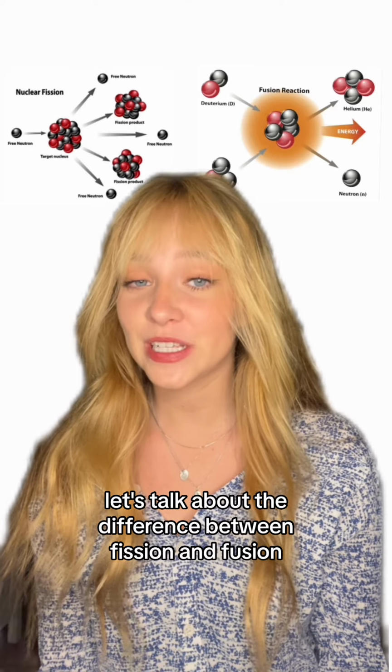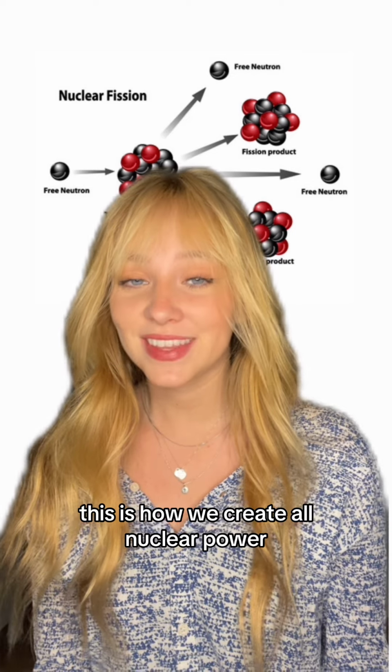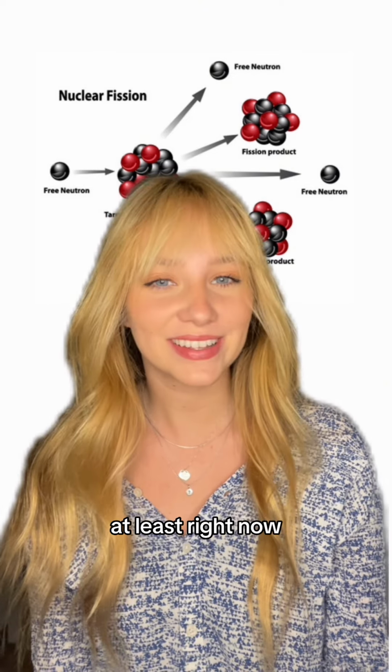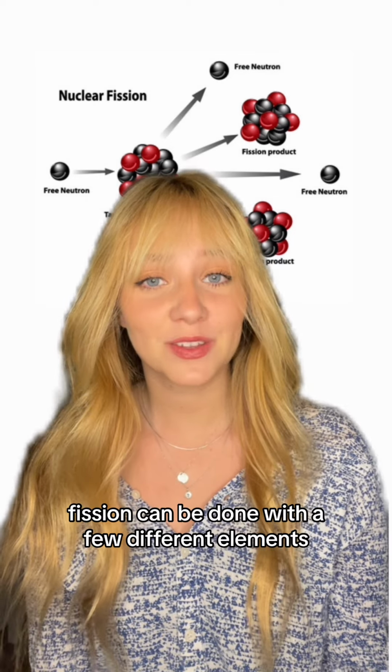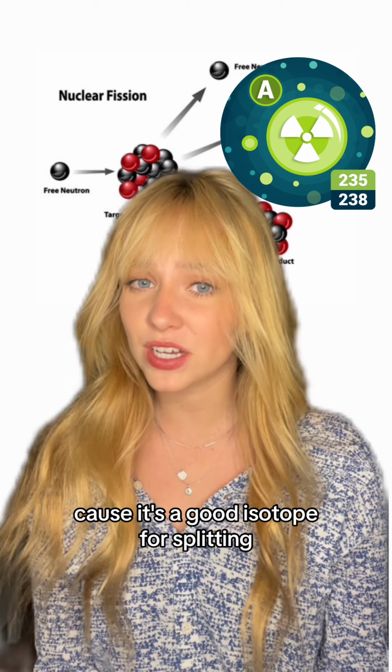Let's talk about the difference between fission and fusion. Fission splits atoms apart. This is how we create all nuclear power, at least right now. Fission can be done with a few different elements, but nuclear reactors usually use uranium-235 because it's a good isotope